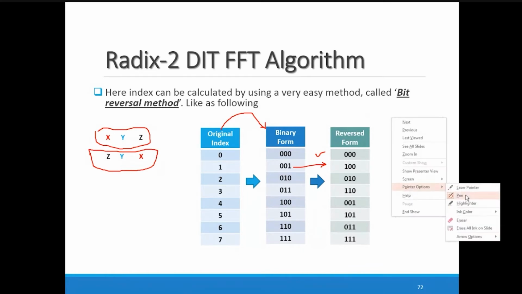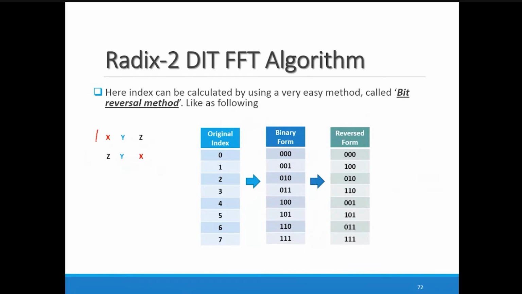So your xyz is your input, and you are representing it in the reverse order. This is your original data, and you converted it to binary. After conversion to binary, whatever bits are here, for example we can say 3 bits, these are the x, y and z bits. Now you are representing these bits in a reversal or bit reverse form, that is z, y and x. And now you are getting the combination 0, 0, 0, 1, 0, 0, 0, 1, 0 up to 1, 1, 1.